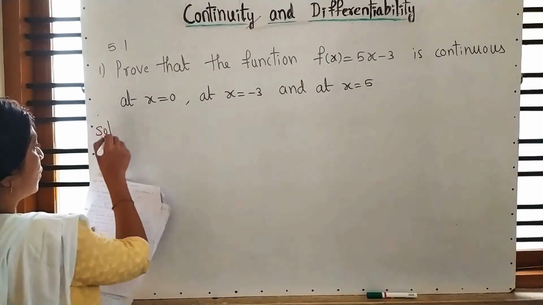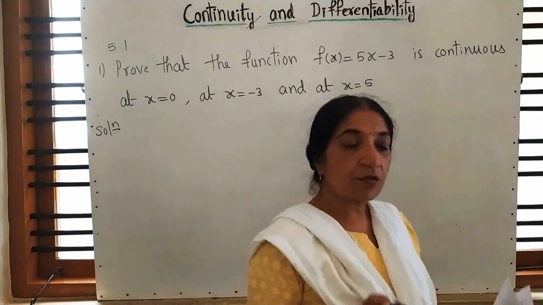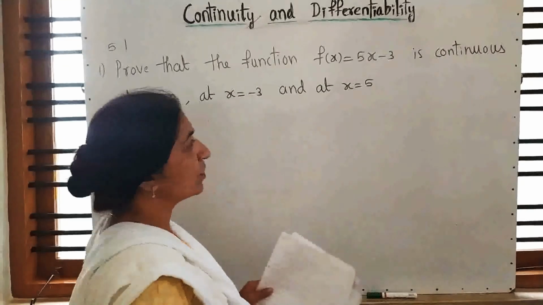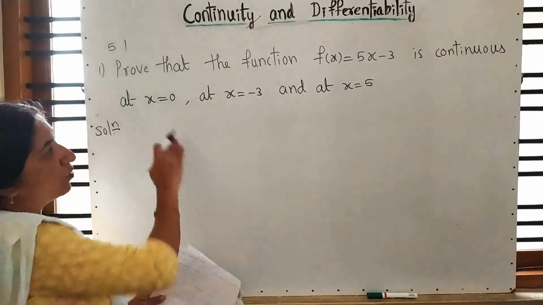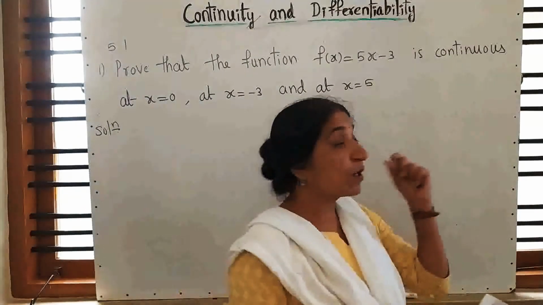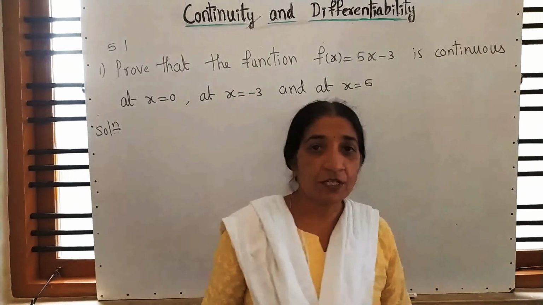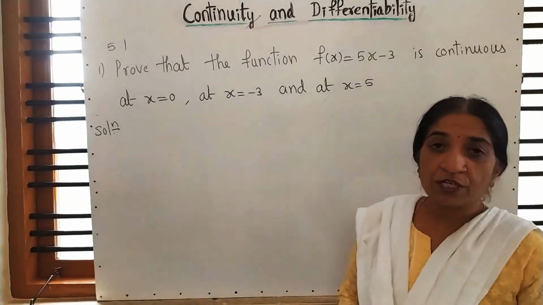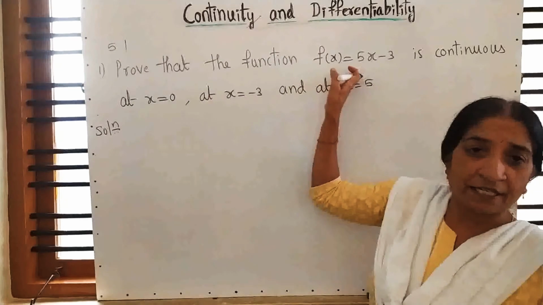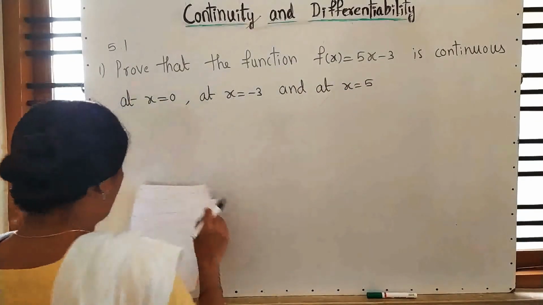See students, if the same question comes for 1 mark in part A, what do we have to write? Of course in competitive exams, you can write that the function is continuous at all the 3 points. How? Because this is a polynomial function and a polynomial function is continuous everywhere. How do you know it is a polynomial? Yes, it is linear. A linear equation is nothing but a polynomial. See, I am explaining you all the methods.